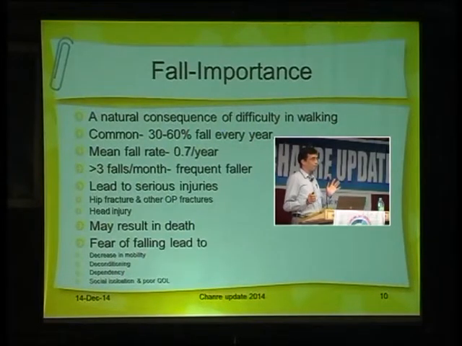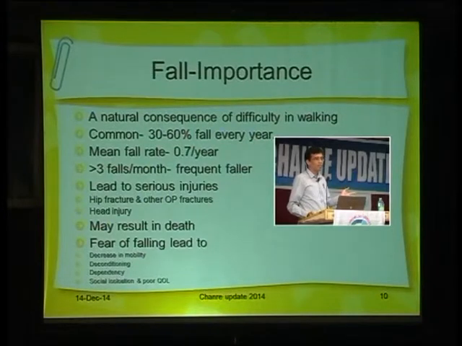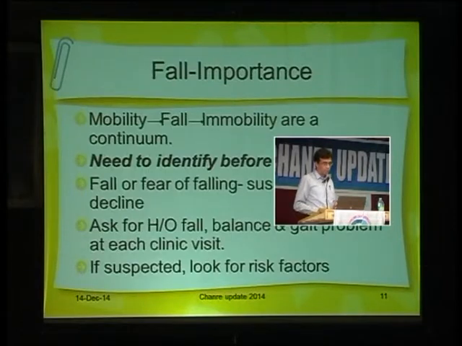Elderly are very, very efficient in camouflaging their difficulties. Sometimes it takes 5 years for somebody to know that their husband has Alzheimer's, because they have a knack of hiding their difficulties, even from their wives. So ultimately they become dependent, and it may lead to social isolation because they stop going out to social functions, etc. And definitely it affects the quality of life.